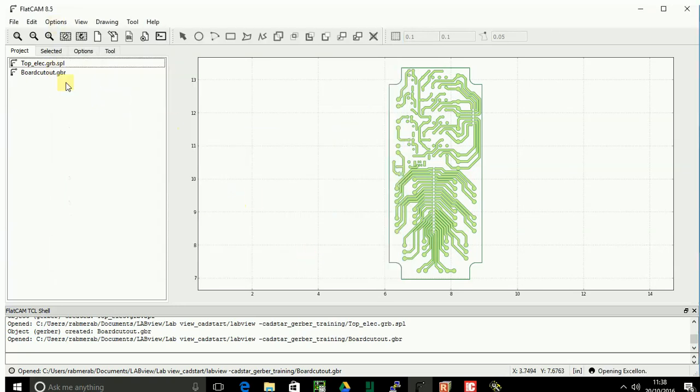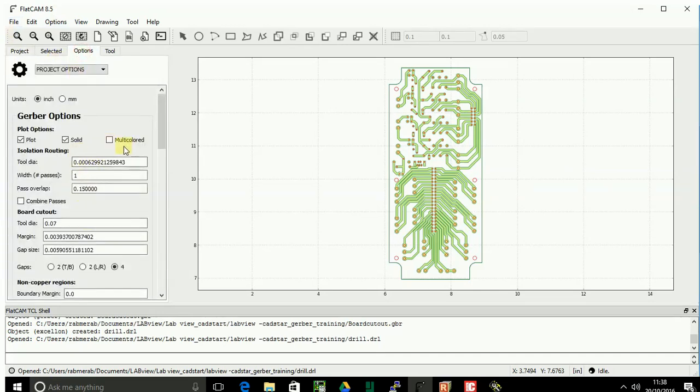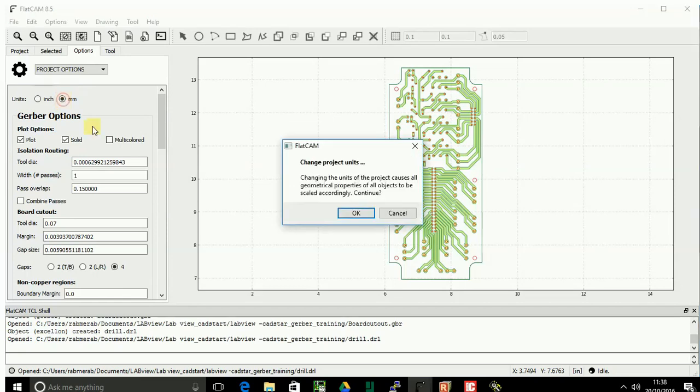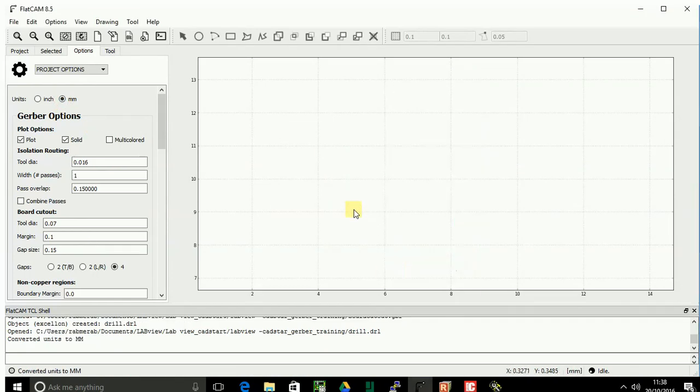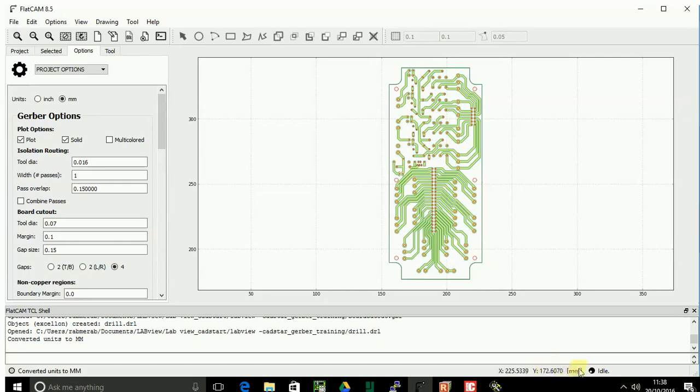It's important to load all the files that you need at once, because you're going to get an offset if you do a modification, then load up a new file and do a new modification. So we change to millimeters because I'm more comfortable working in millimeters. So just doing the change. Now our unit is millimeters,